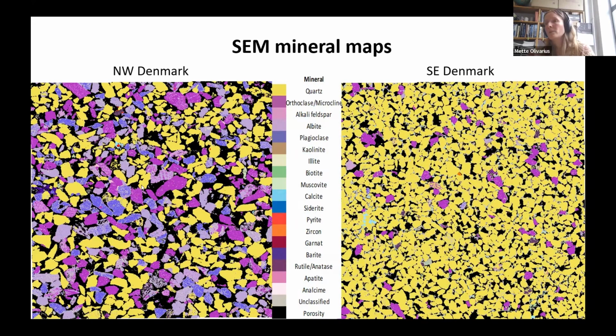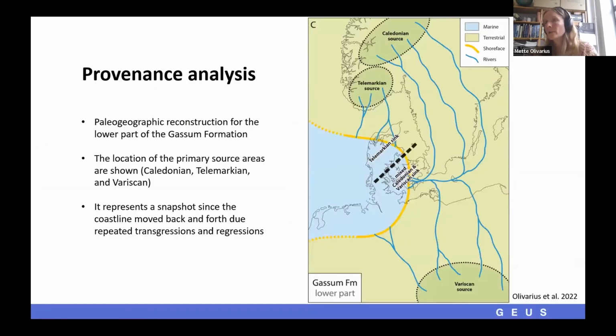Whereas when you look at the sediment from the western part of Denmark in the formation, it has much more feldspar content of various composition in these feldspars, also showing that the sediment came from a different sediment source area. And this is what we have been looking at in provenance analysis, where we also made radiometric age dating of some of the heavy mineral grains in the sand, and thereby been able to see exactly which basement areas the sediment has been supplied from.